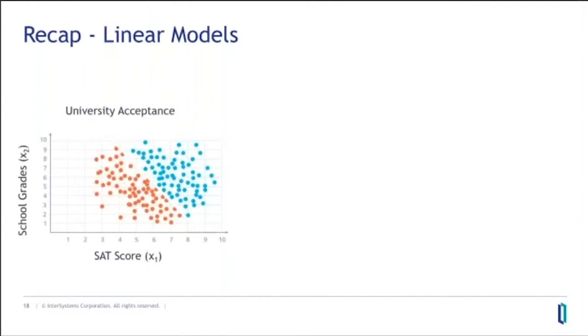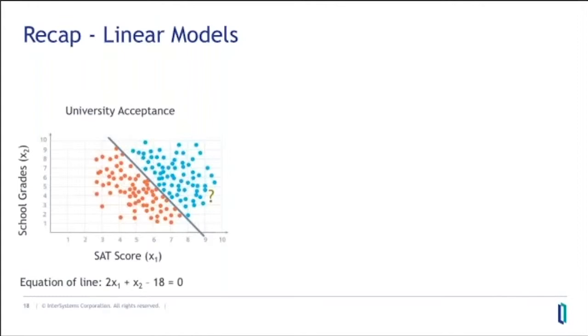So looking at the data, luckily, in this case, you can actually draw a line to separate the examples that are accepted or rejected. So if you give the app the equation of this line, it should be able to get a new